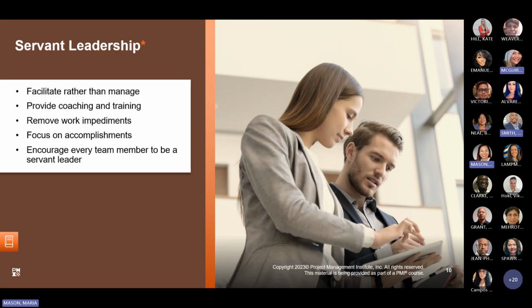And so make sure that you're identifying that, because you will see many questions that will have two answers that both could be right, but you're always going to be looking for the best answer, not just an answer. Based on the situation, if you should be employing a servant leadership style, then your goal will be to help facilitate, not dictate.